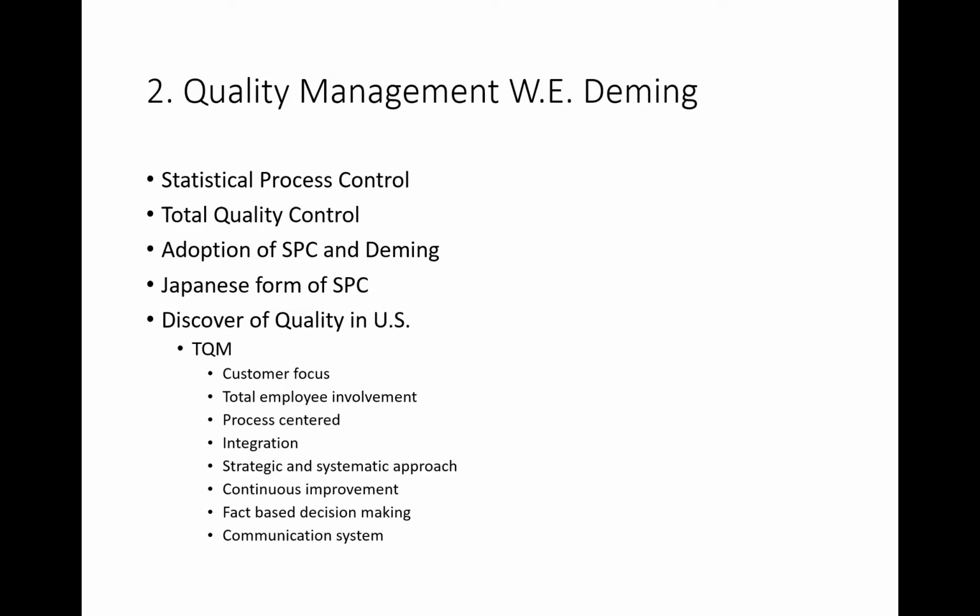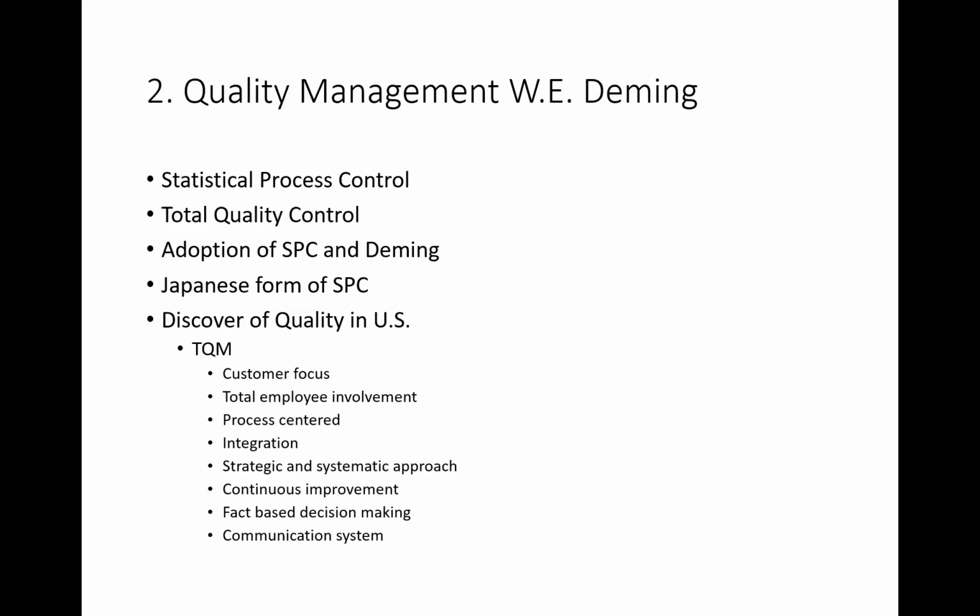A lot of US corporations weren't interested in quality management. So rather than keep banging his head against the wall, Deming decided to take his theories to Japan. He took statistical process control and quality management to Japan and found a much more receptive audience with Japanese corporations. Japanese corporations started implementing quality management. And then because of the success that those corporations were having with quality management, US corporations started asking, why